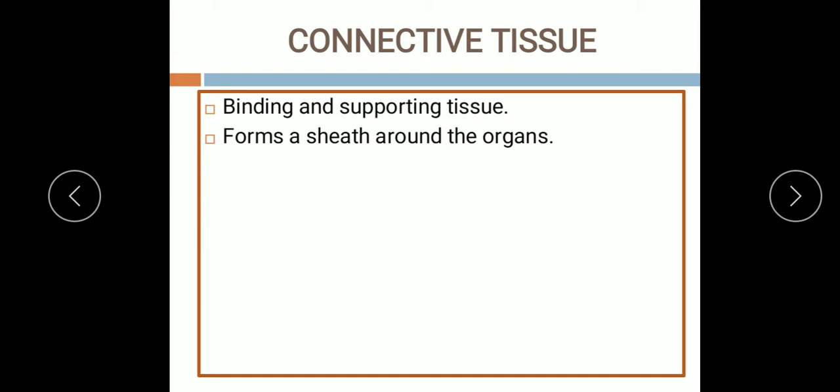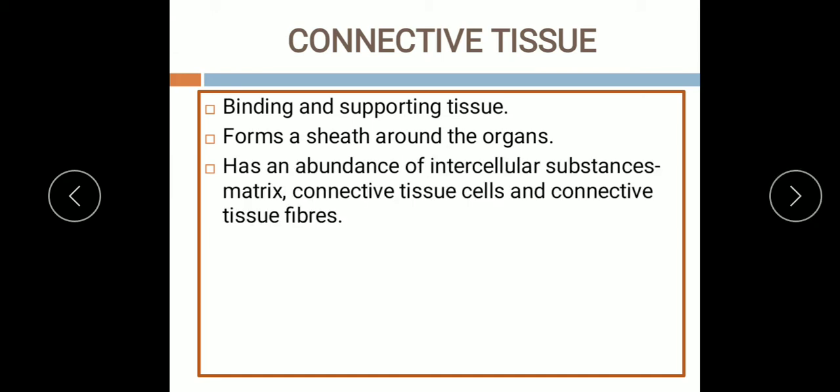And it forms a sheath around the organs. Basically, this connective tissue has an abundance of intercellular substances like matrix, connective tissue cells, and connective tissue fibers. All these are present in the